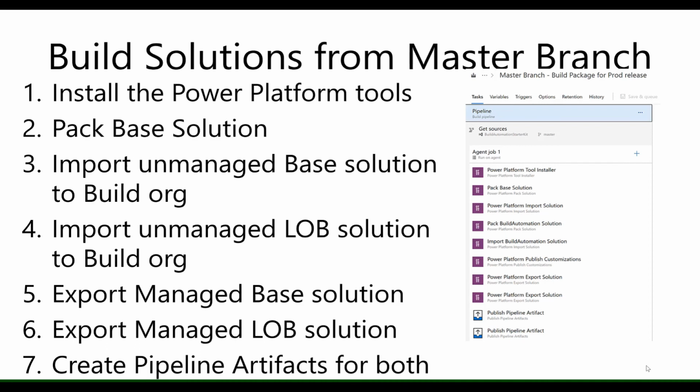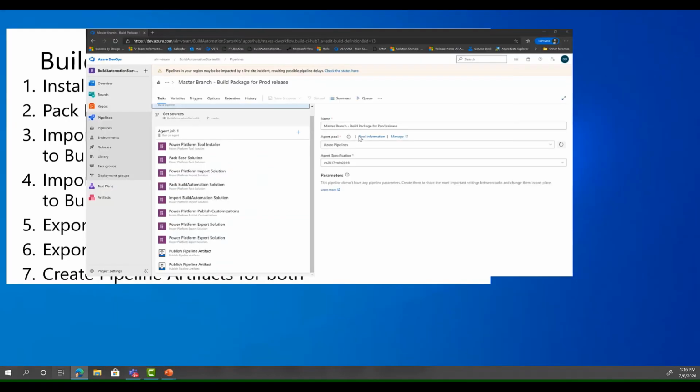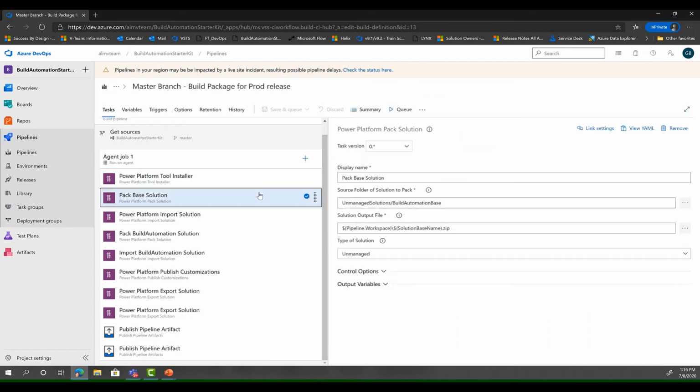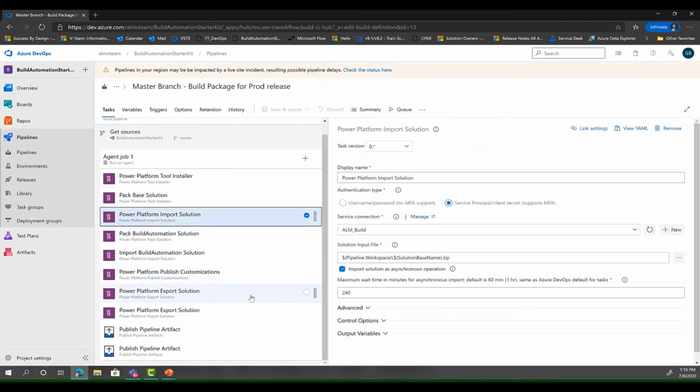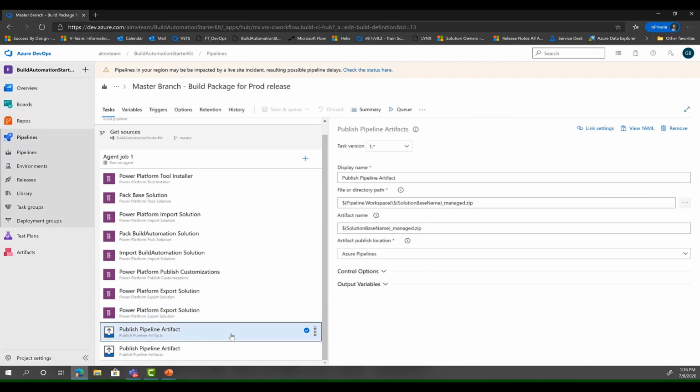We're packing the base solution, importing into the build orgs, coming out as managed, and then we're publishing artifacts, one artifact for each base solution. If I switch over to our Azure DevOps, you can see I'm packing that base solution, importing it, and so on, and then I'm storing those as pipeline artifacts so that I can use them in my release